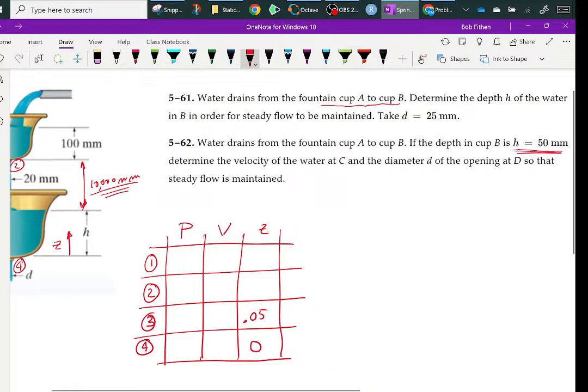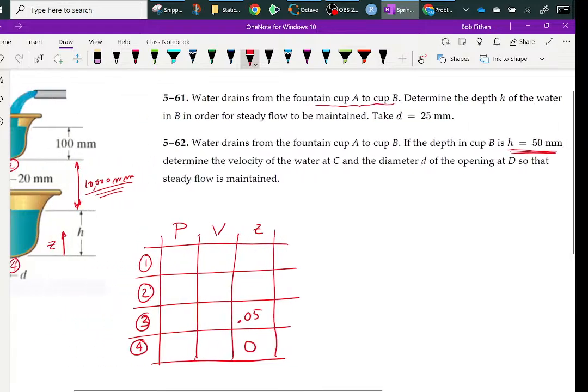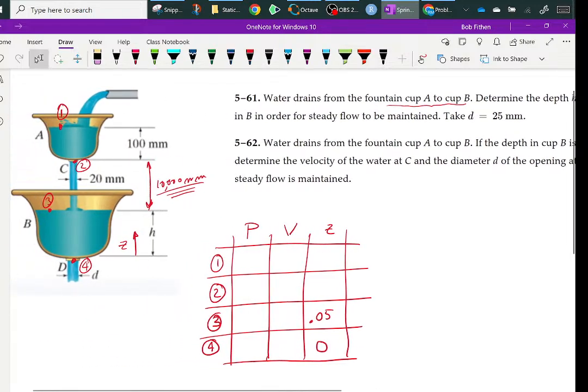0.05, is that right? 50 millimeters? Okay. And then 2, here. Here's what I'm going to do. I'm going to say roughly, I'll just say 1,000. Doesn't matter. So I'll just make that up so that the distance from here to here is 1,000, just because I'm going to even use it as 1,000 meters. Doesn't really matter. And then that's to 2. And then here,